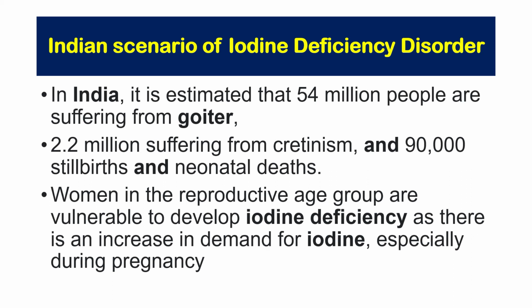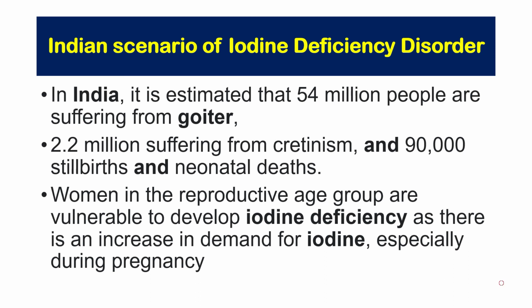Coming to the Indian scenario of iodine deficiency disorders, in India it's estimated that 54 million people are suffering from goiter, that is an enlarged thyroid, and 2.2 million people suffer from cretinism, and around 90,000 stillbirths and neonatal deaths are attributed to iodine deficiency disorders. Women in reproductive age groups are more vulnerable to develop iodine deficiency as they have increased demands, especially during pregnancy and also during breastfeeding of their